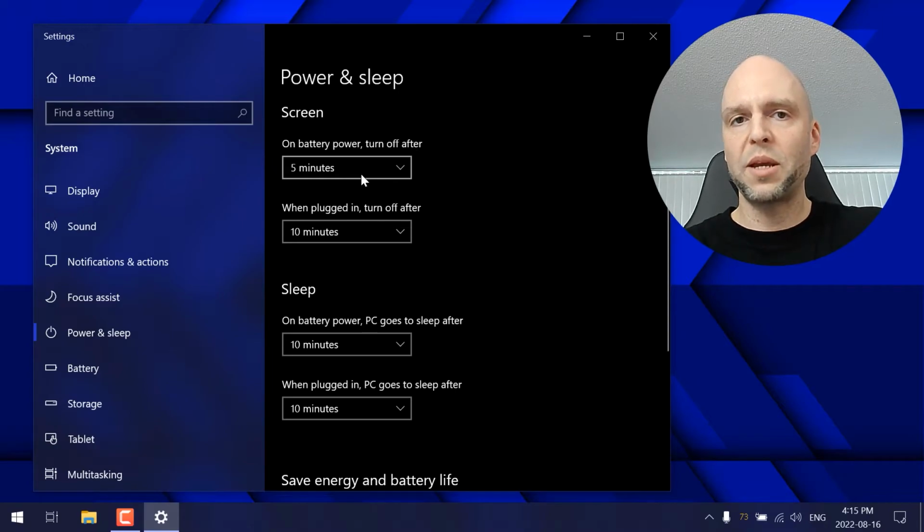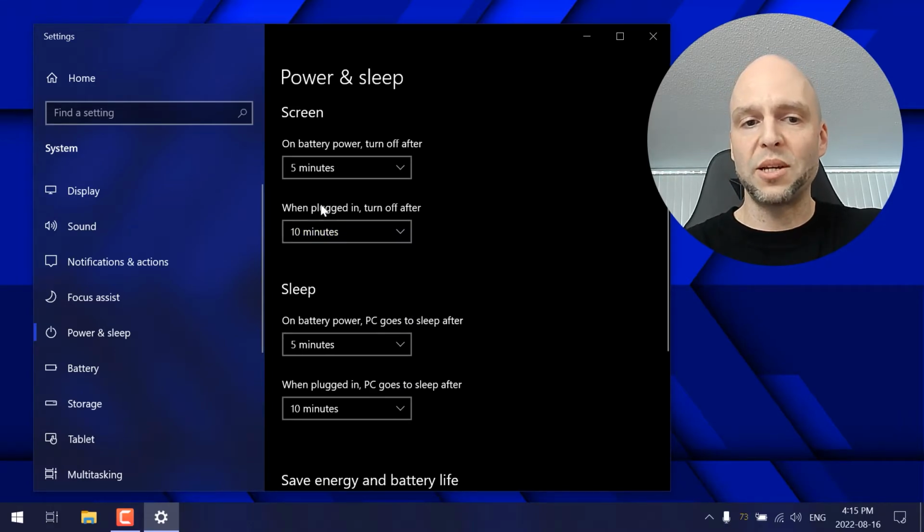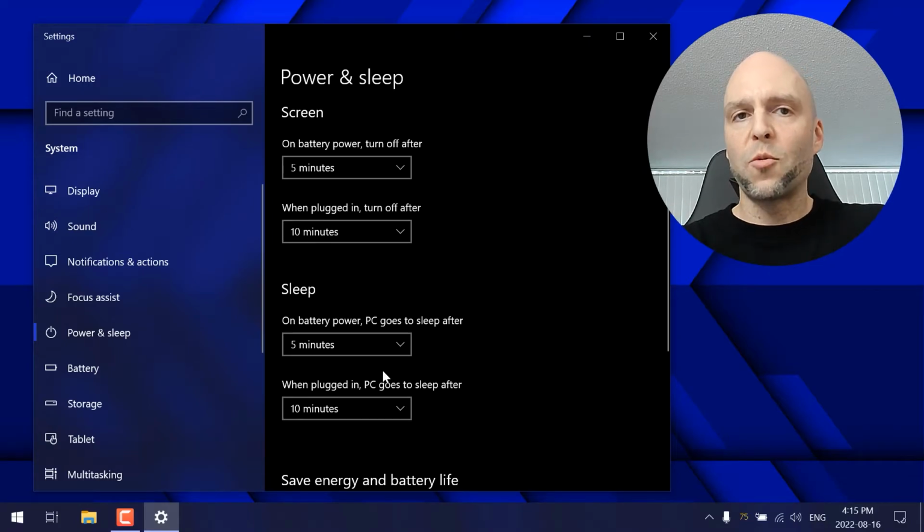the screen is going to turn off after 5 minutes of not using the computer. So if I walk away from the computer, the screen will turn off after 5 minutes. Now, the computer will go to sleep after 10 minutes. If the screen's already off, why do I need the computer to stay on an extra 5 minutes? So I can actually decrease this to 5 minutes, which is going to, in the long run, save me a